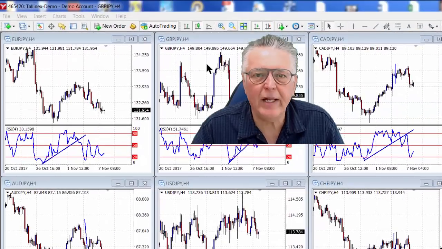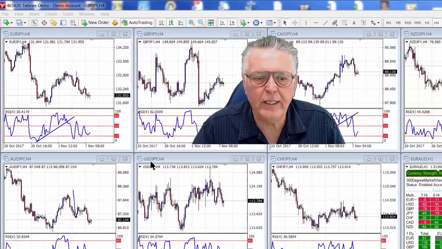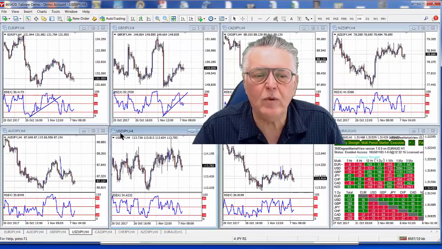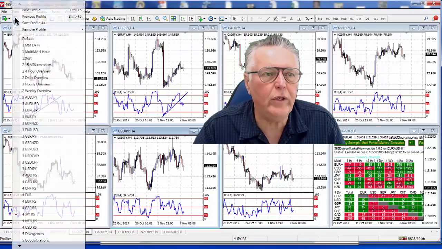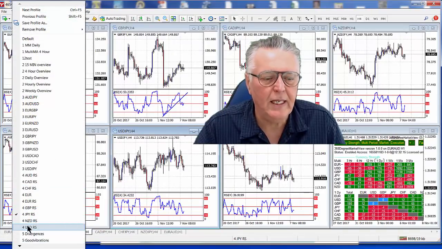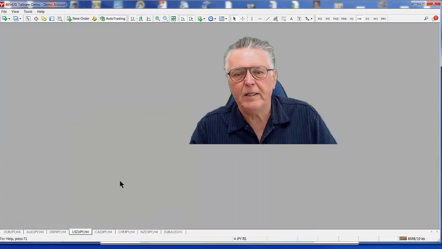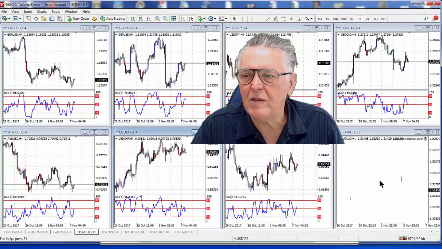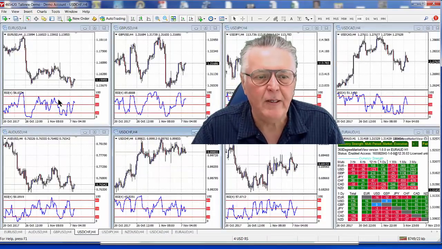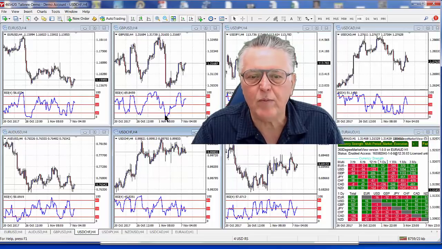And so the other side of the coin, as it were, is the USD. So what I'm going to do is look at all the USD crosses now and just see if there's any patterns in what is happening on the USD. Now that's what I would call an ugly chart. I won't even look at that one. This one's not too bad, but it hasn't, the pound